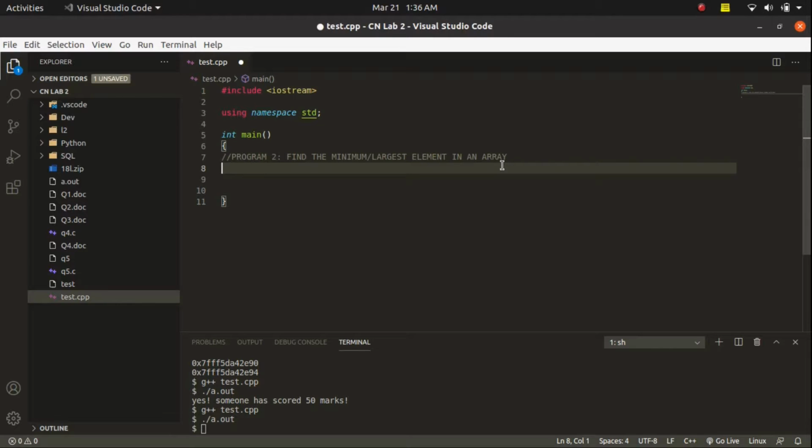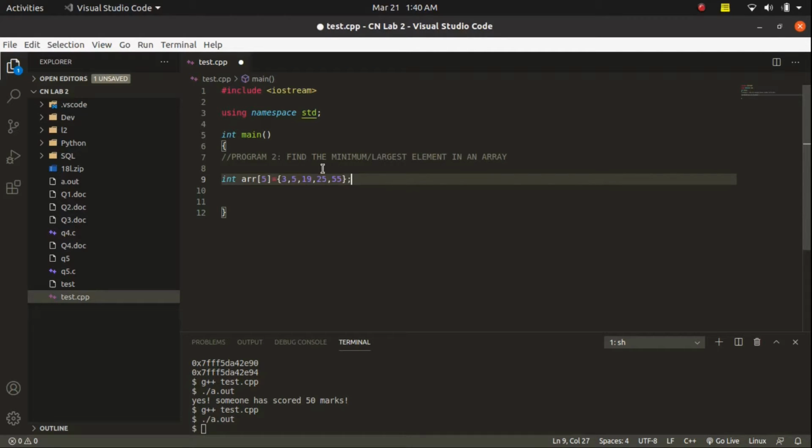Now in this video, I will also be teaching you how you could come up with the algorithm and how we code that algorithm. But first, more importantly, how can we make the algorithm? So let's move on to the program. Our program is to find the minimum or the largest element. First let's just think about the minimum only, and then we will extend our program to support the largest element as well.